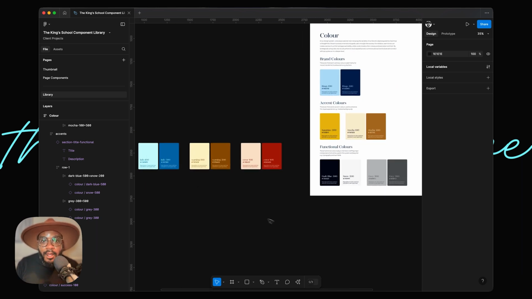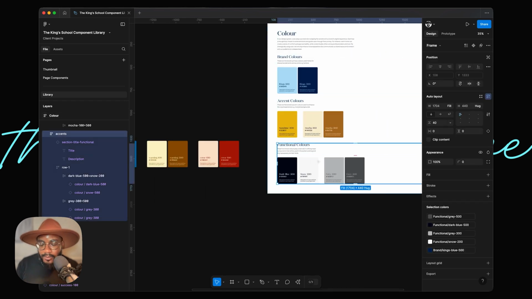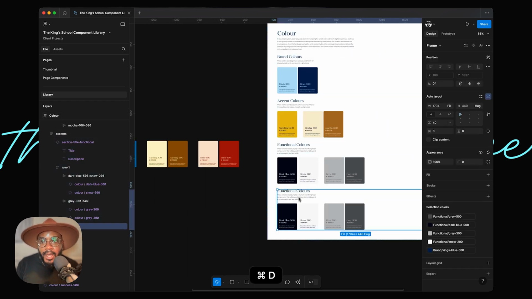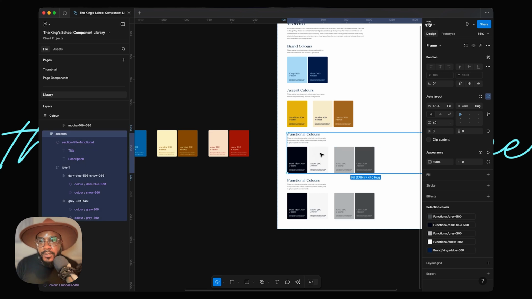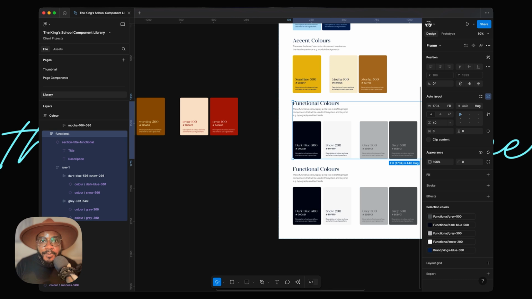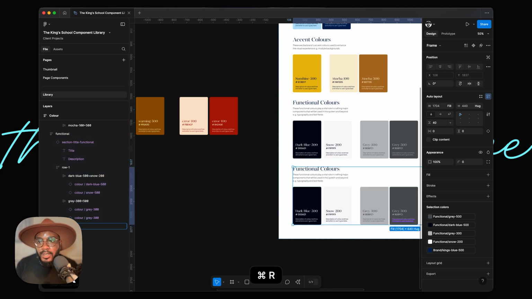Okay, now we're going to do the semantics. And then I think we're going to change that to functional. Functional. Perfect. Okay. Now we're going to change this to semantics. Perfect. And in the semantics section,